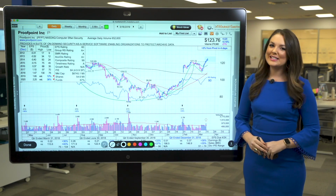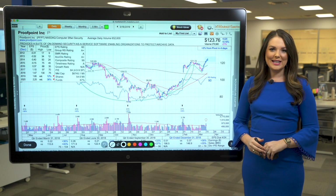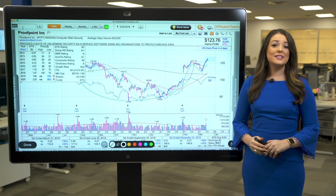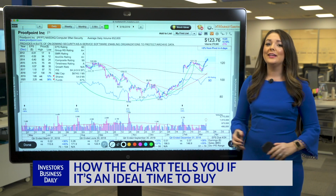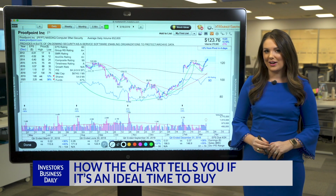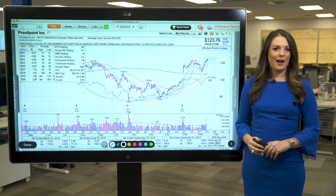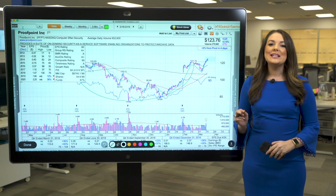It's Alyssa Corum here, and today on Technical Analysis, we're looking at our stock of the day, Proofpoint. Now, when you're thinking about buying a stock, it's important to first check the chart action. Rather than buying blindly, the chart will tell you whether or not it's an ideal time to buy that stock. Investors should focus on buying stocks that are in proper buy range from base patterns, and Proofpoint is one such